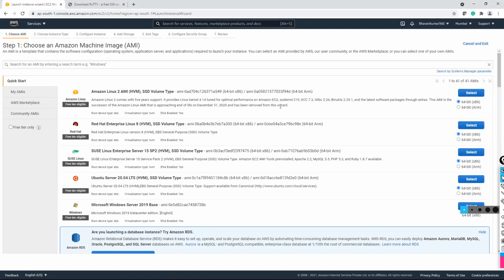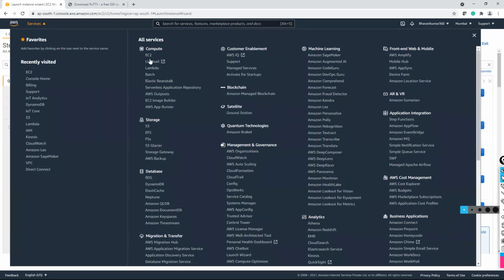See, first you have to go with this first option in the first step, choosing AMI. Go to your EC2 services, EC2. It's asking me to log in.